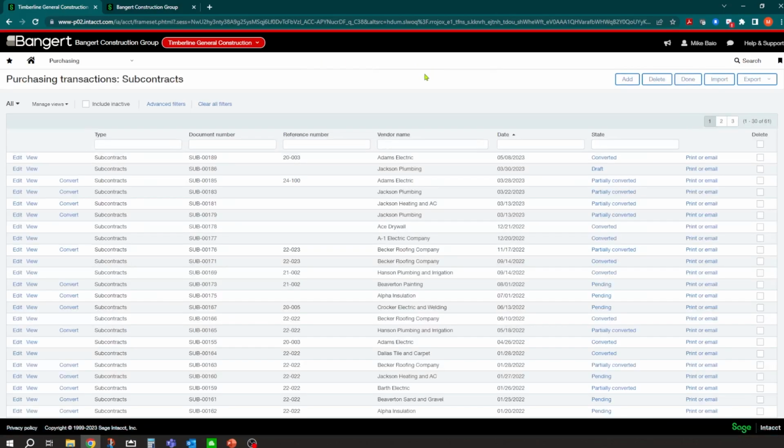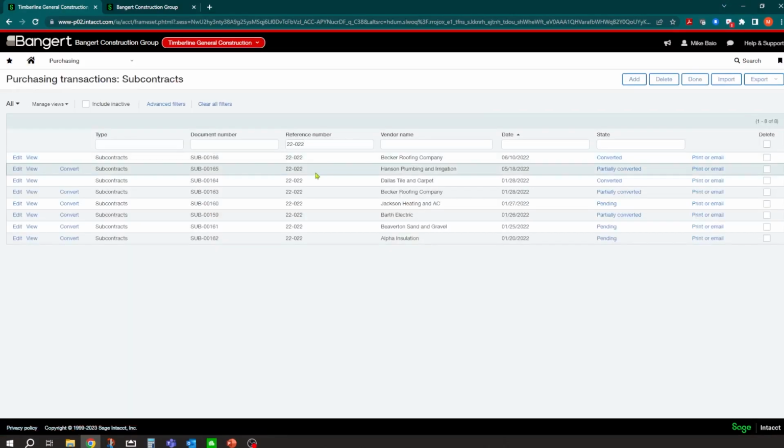And that's okay. We don't want to save anything yet. And you can see a list of all your subcontracts. And one of the references you'll be able to do is, you can sort on these column headings. So one of the things we're going to do here is let's just see all the subcontracts for 22-022. So I'll key that in there. And now I can quickly see, here's all my subcontracts for that project so far. You can make your own views. So you can have closed subcontracts, open, whatever you want to create your criteria and your views in your system, you can do that. So I can see here's a list of subs I've set up so far.